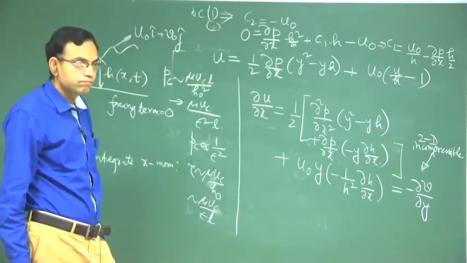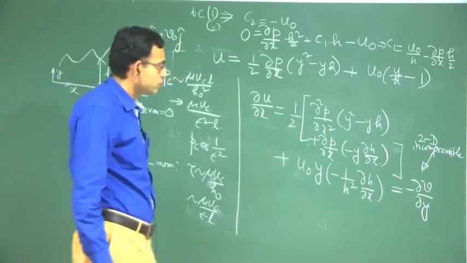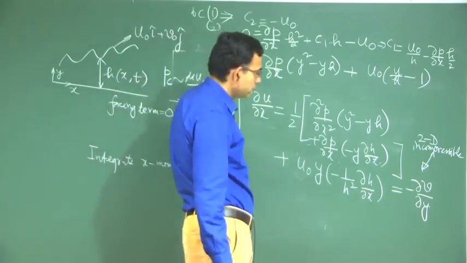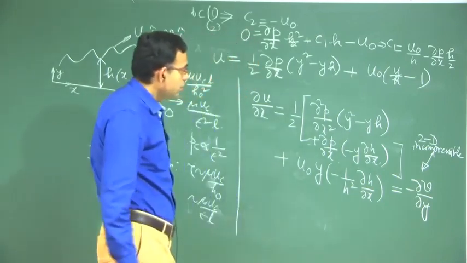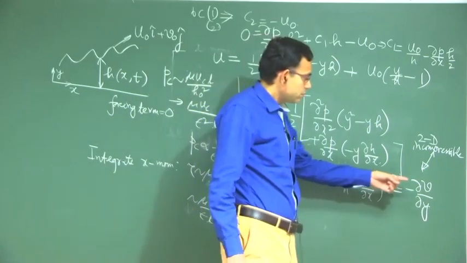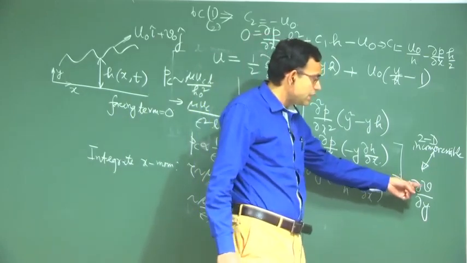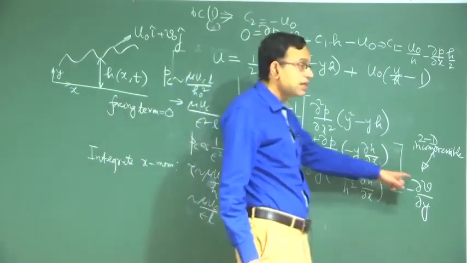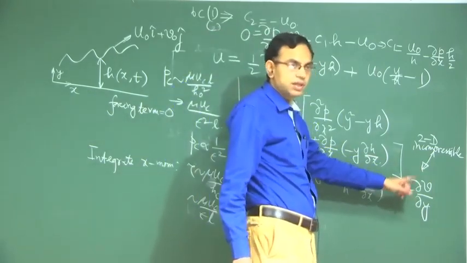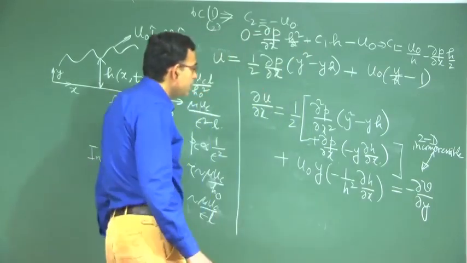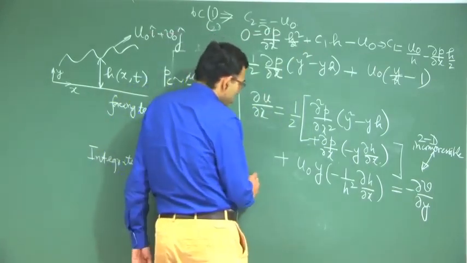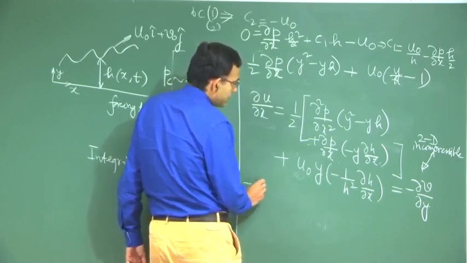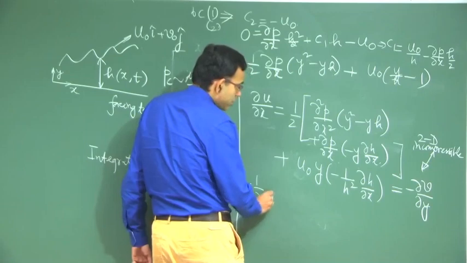So, in principle if you integrate this with respect to y you will get v. Remember these are all partial integrations because this is a partial derivative. So, if you integrate this with respect to y, so you take minus half as common,